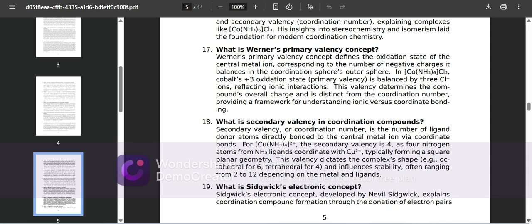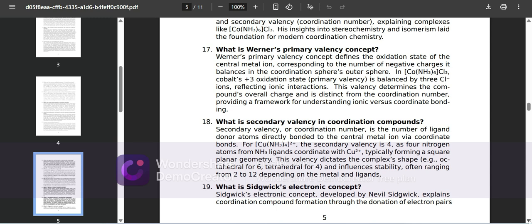What is Werner's primary valency concept? Werner's primary valency defines the oxidation state of the central metal ion, corresponding to the number of negative charges it balances in the outer sphere. In [Co(NH3)6]Cl3, cobalt is in the +3 oxidation state. Primary valency is balanced by three